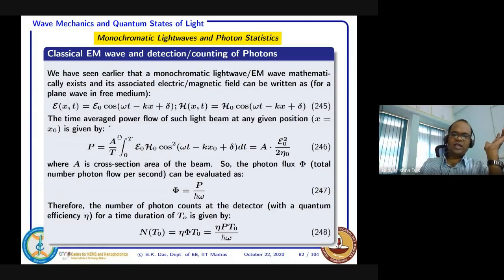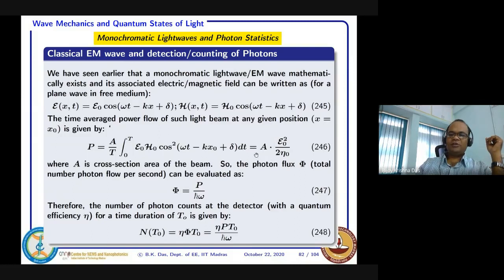So if you multiply by the cross-sectional area of the beam of the propagating electromagnetic wave, you get the power. You can calculate that H naught equals E naught by eta naught, which Maxwell's equations give us. So basically, A times E naught square by 2 eta naught. This is the intensity, meaning the energy flow per second per unit area you are considering. If you multiply by A, that makes the total power. So this is intensity, and this is power.